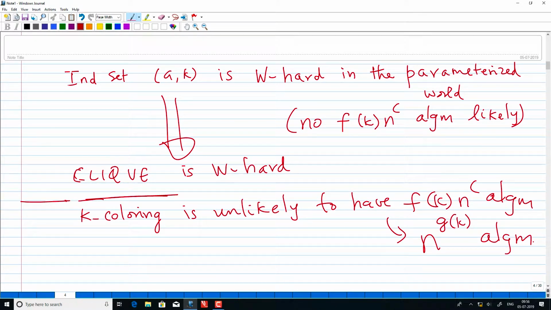For k coloring, I do not even expect something like an n power k square algorithm, because for the same reason, put k equal to 3, that gives me a polynomial time algorithm, which is unlikely for 3 coloring. So, this is a stronger notion than W hardness, because I am even disallowing n power g of k algorithms, whereas this is disallowing only this kind of algorithm. Okay, so independent set is W hard, clique is W hard, and